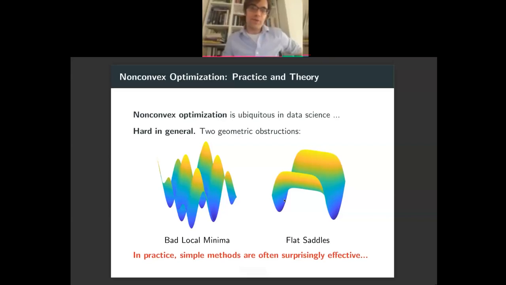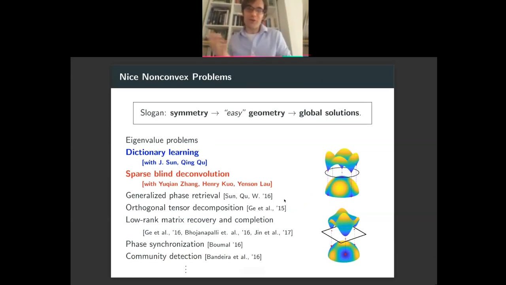so if you really have this worst case picture in mind, then some of the phenomena that we just saw might be a little bit surprising, right? From a worst case perspective, maybe this shouldn't happen. Or maybe there's some special property of this particular objective function that makes it better than the worst case. Over maybe the past 5 years or so, the field as a whole has been out to figure out what's going on, not just in this problem, but in other non-convex problems that seem to be amenable to efficient methods. And I don't think that we have all of the answers at this point, far from it.